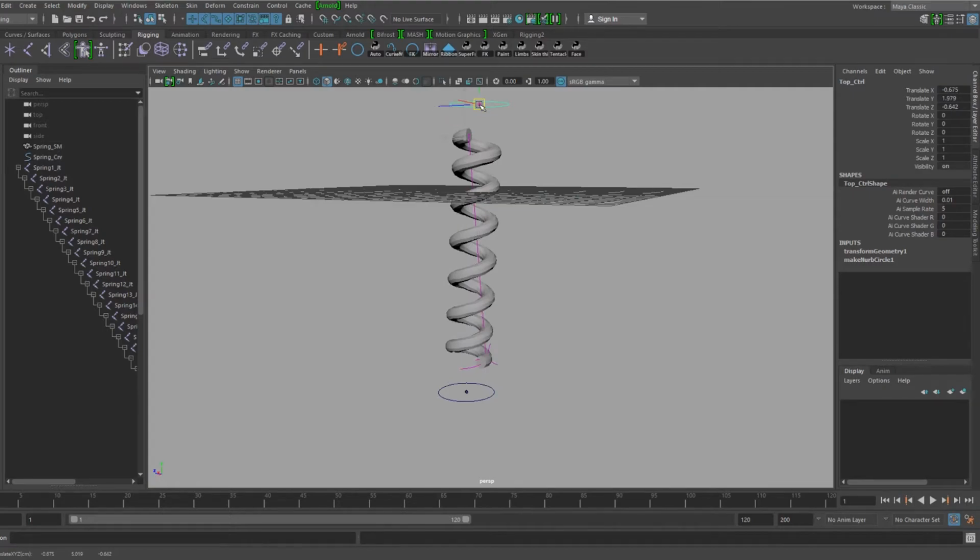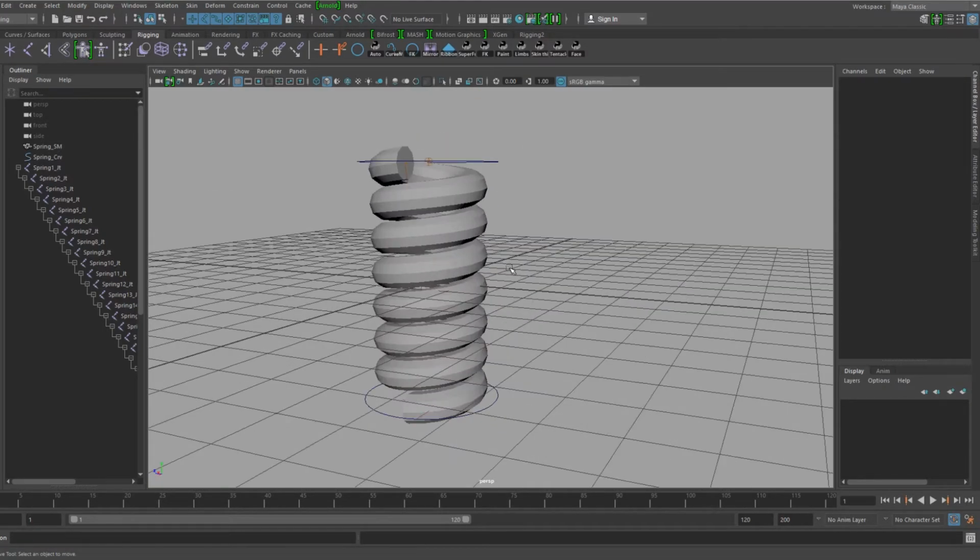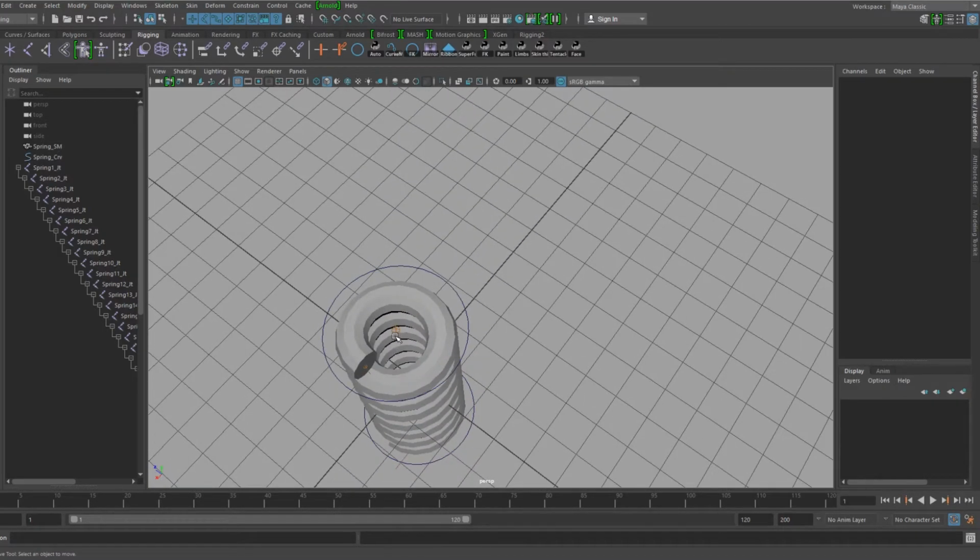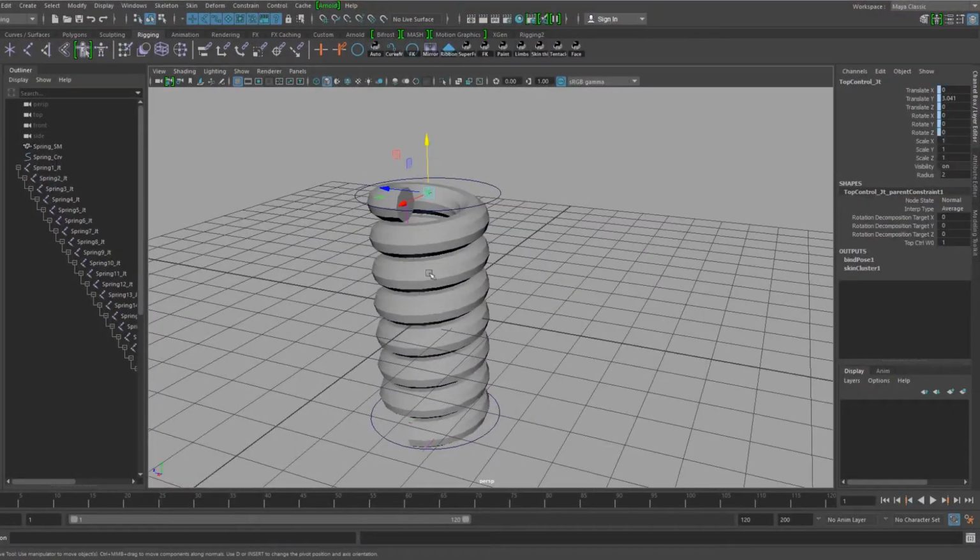Overall, not too shabby. And as I said before, you could add more joints to this curve, but that'll make the rig more complicated, but it'll also give you more points on which to control it. So there's a give and take. Just for simplicity's sake,